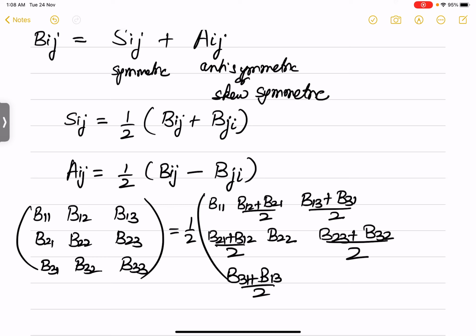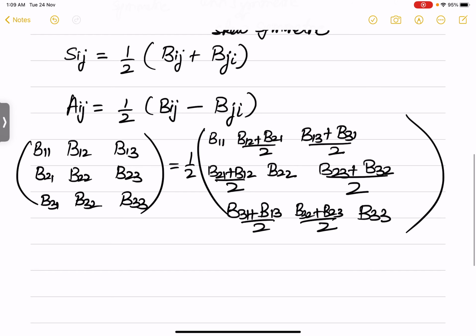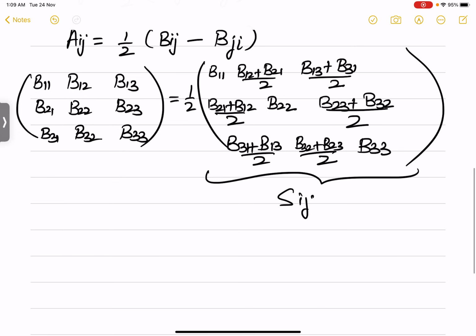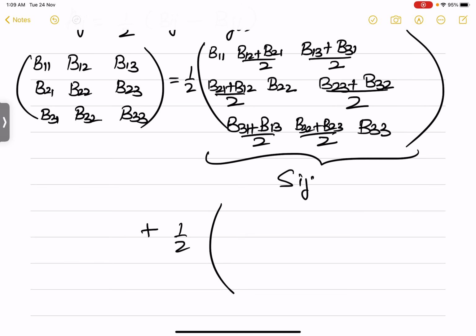That means the same as its mirror image about the diagonal. This will be B32 plus B23 by 2 and B33. So this part is Sij, with the half, and plus we will have half of, and now this will be